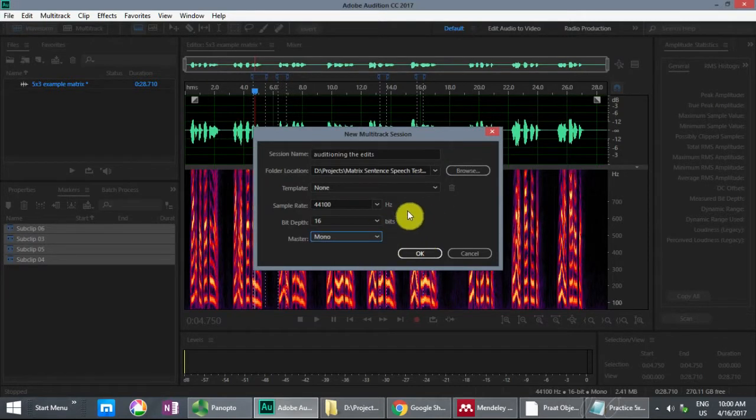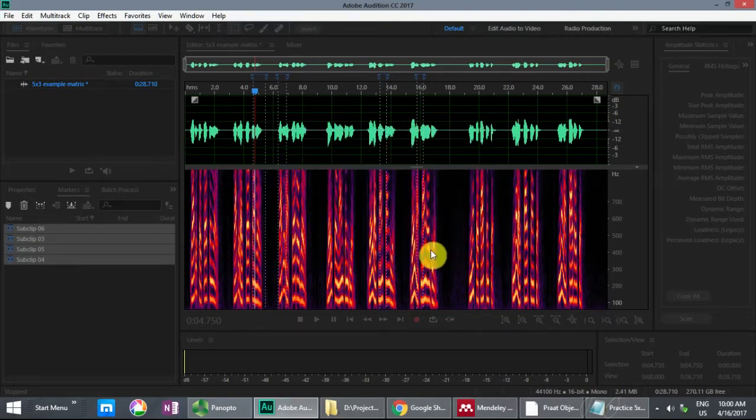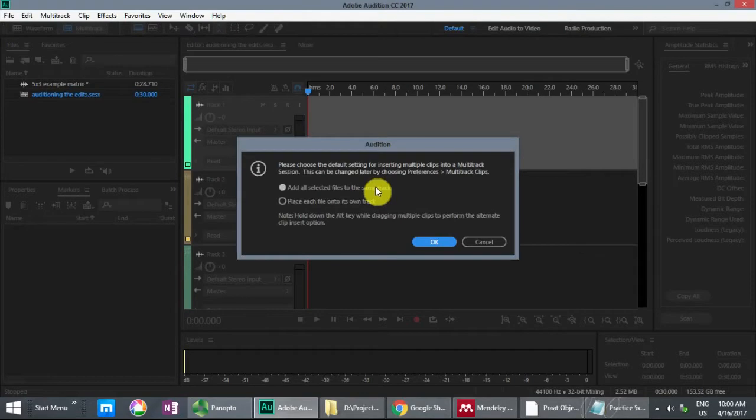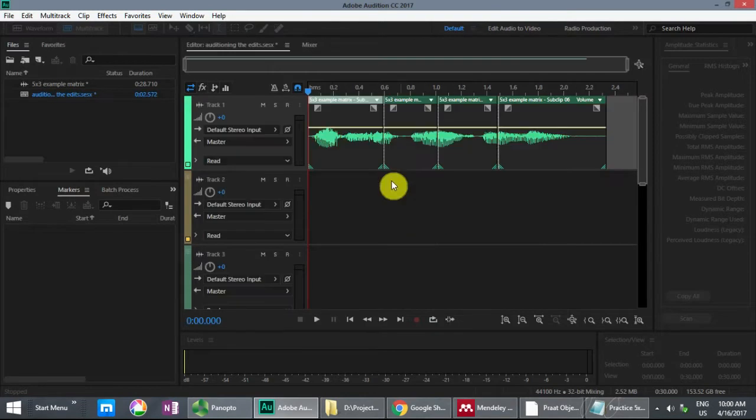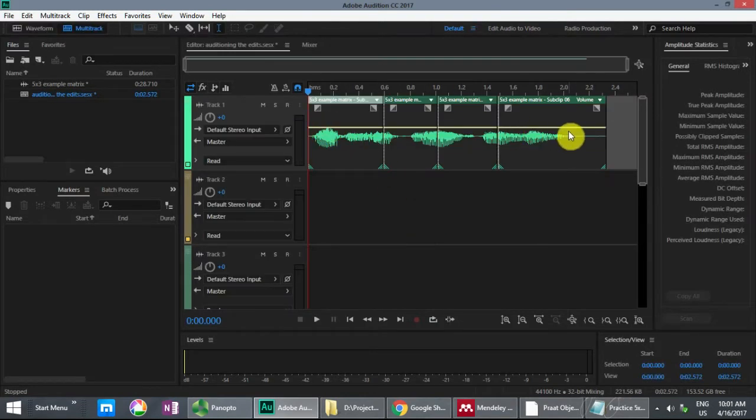And again, we're just using mono files, so I'll set that to mono, same sampling rate. And now it's asking me, do I want to add all the selected files to the same track or put them each in its own track? And I want it to be all in the same track